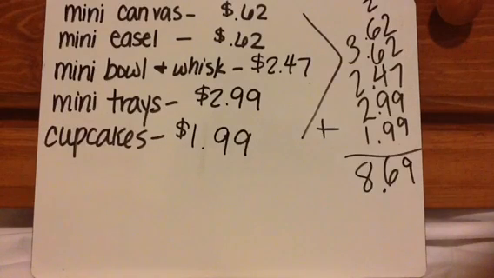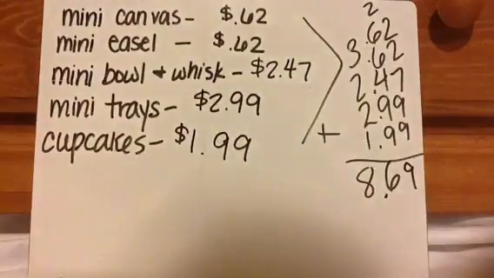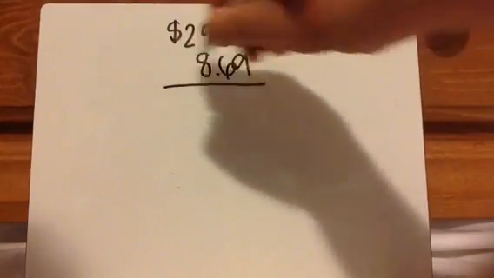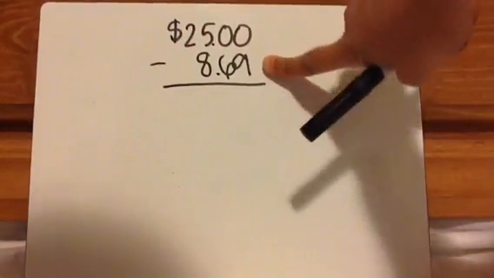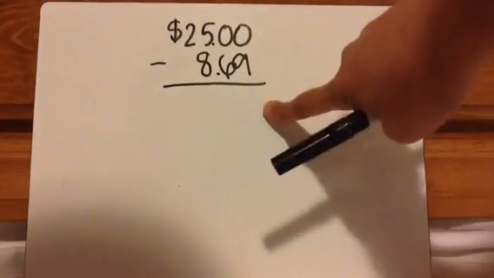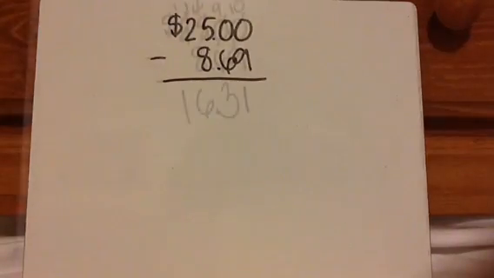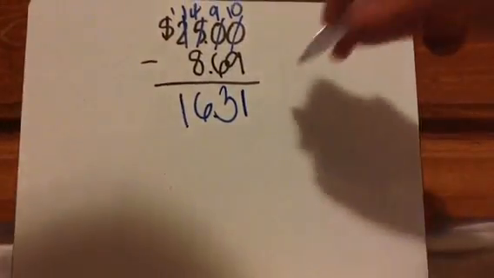So I want to make a good profit from this. So I want to sell this for $25. So it cost me $8.69 to make the materials. So I want to first make that money back, and then whatever's left over, that's going to be my profit. So I did the subtraction, and I got